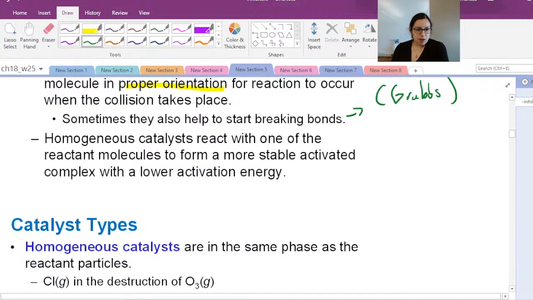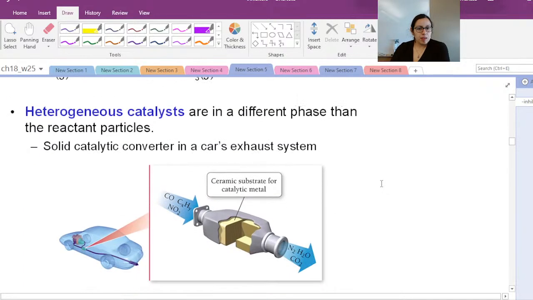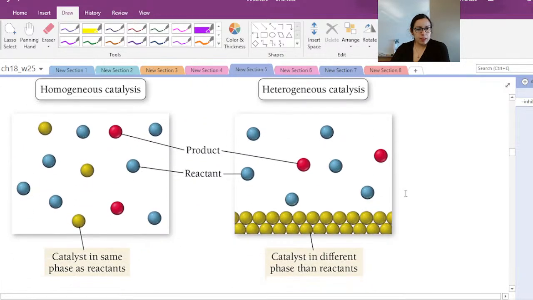And our homogeneous reactions, again, form our activated complex. So again, just thinking about some sort of intermediate where it's bound. And again, just illustrations. Homogeneous is all the same phase, so it could be gas, generally solution in chemistry. And then heterogeneous, this could be gas and solid or liquid and solid.